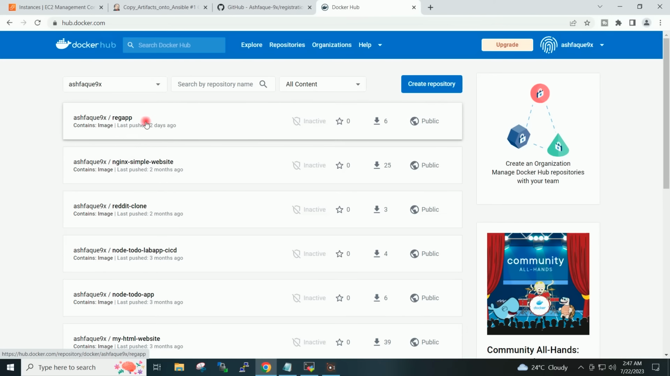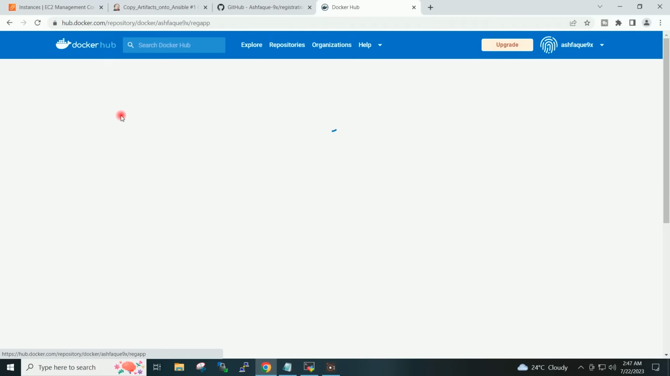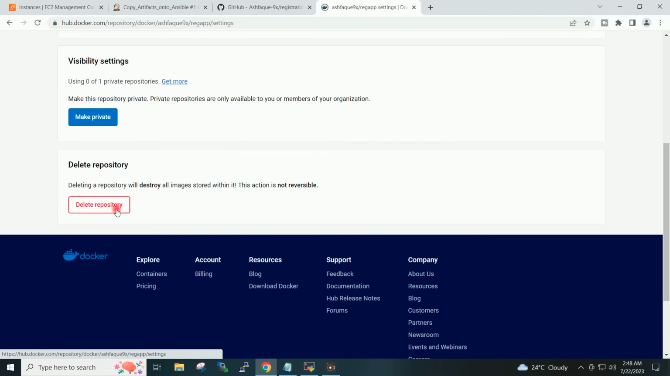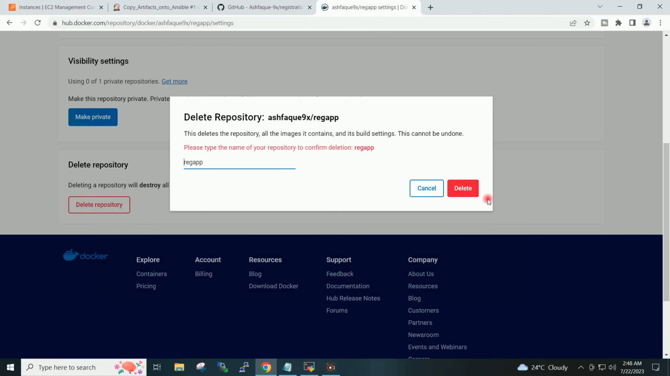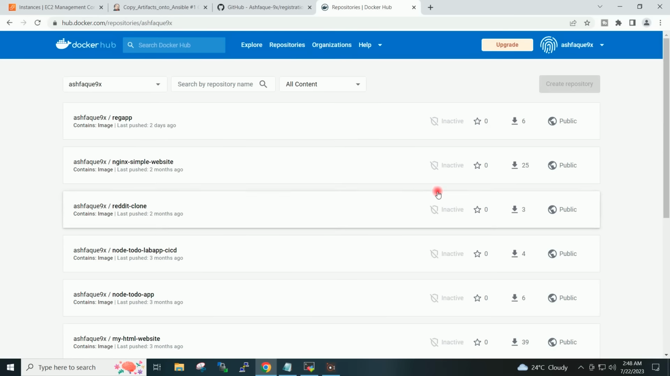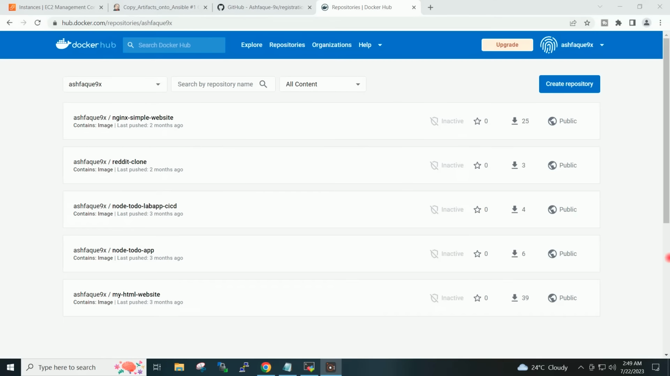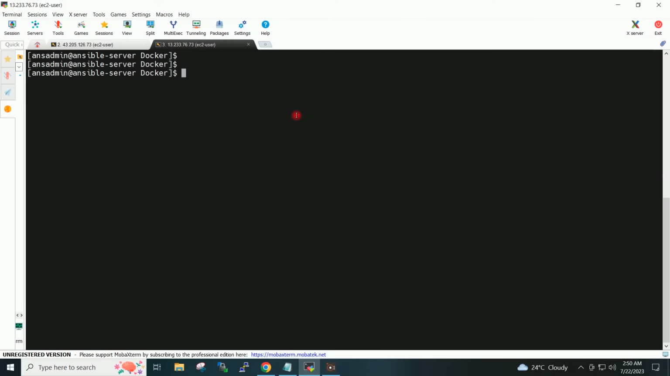So I have one older image with the name register app. I will go ahead and delete this repository, which is the old one. Now I don't have any repository with the name register app. The older one has been deleted. I will go back to the terminal of my Ansible server and log in. I will open my playbook